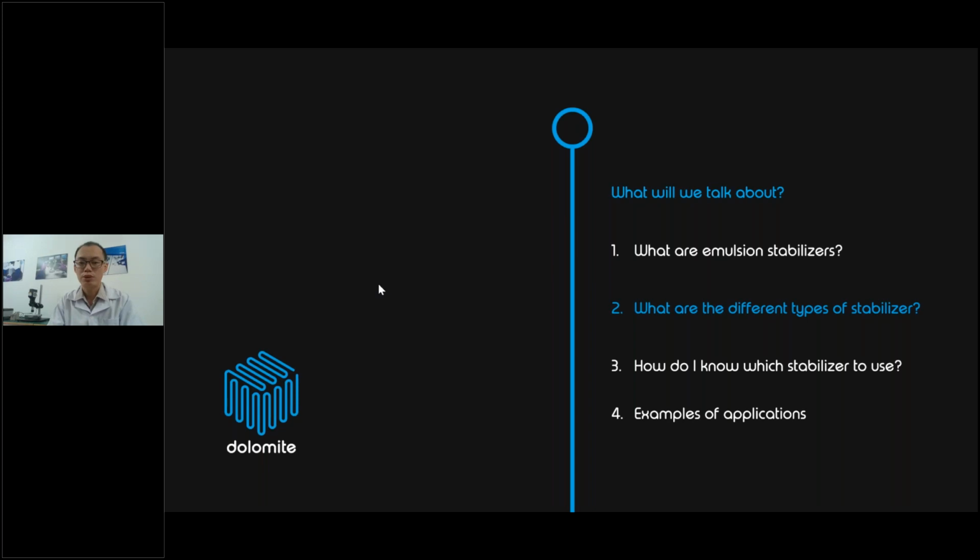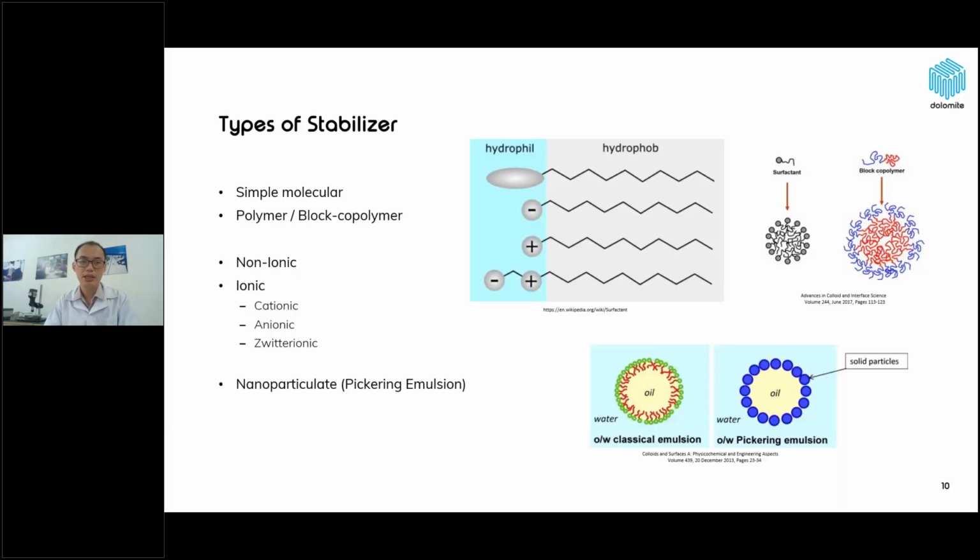So next, we will talk about what the different types of stabilizers are. Here we are showing some types of stabilizers, which include simple molecules which have a hydrophilic end and a hydrophobic end, or it could be polymers or block copolymers, as you can see here. So it has a high or large molecular weight